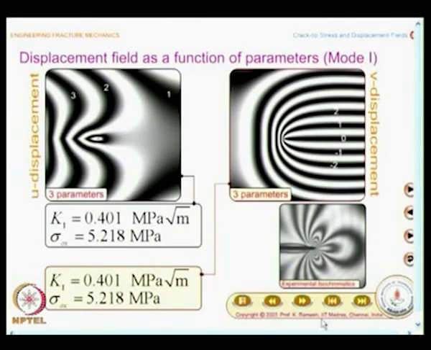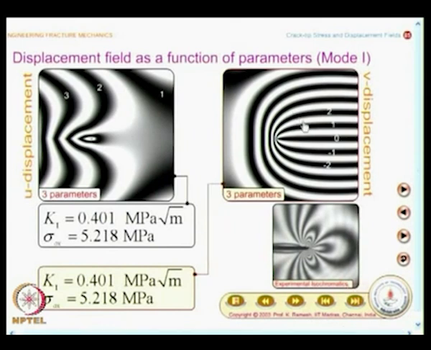And here again I want you to note down, this is the v displacement, and you also have labeling of fringes. Once you come to displacements, these are called isothetics, and the fringes will have both positive and negative numbers, and this is where you have the crack. Make a sketch of this. This is a very typical sketch of v displacement field,